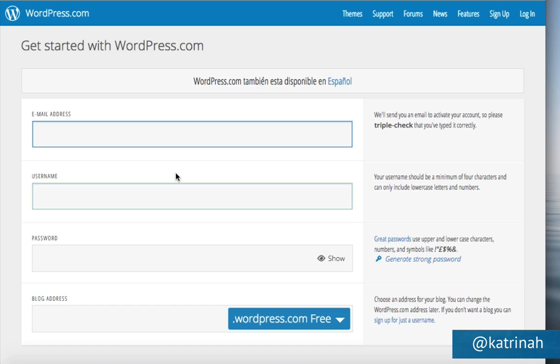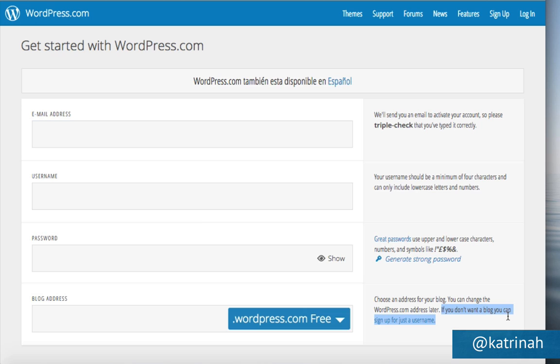Which brings us to the sign up page of WordPress.com. Now note that this particular section here is to once again create a free WordPress.com website, which we do not really need or want. So here in the fine print at the bottom, it says if you don't want a blog, you can sign up for just a username. So this is the actual link that we need. So I'm going to click on this fine print link at the bottom, sign up for just a username.